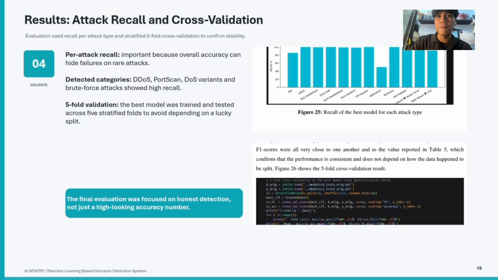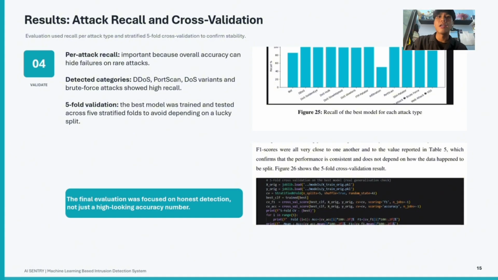Okay, now we go through the attack recall and cross-validation. Overall, accuracy is not enough to evaluate an intrusion detection system because the dataset is imbalanced. A model can achieve high accuracy by predicting the majority traffic correctly, while failing to detect some minority attacks. Because of this, recall was evaluated separately for each attack category. The results show strong recall for attack types such as DDoS, port scan, different denial of service variants, and brute